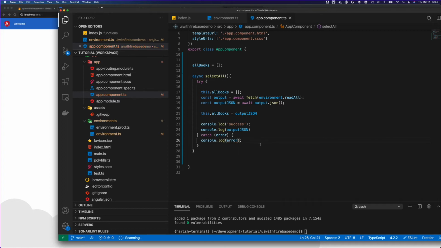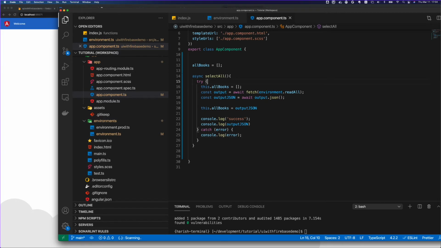Okay, so now our select all is working. Let's go ahead and try to use it so that we have easier access, or we can see what exactly is happening. Let's create a button on our page so that we can actually call this.